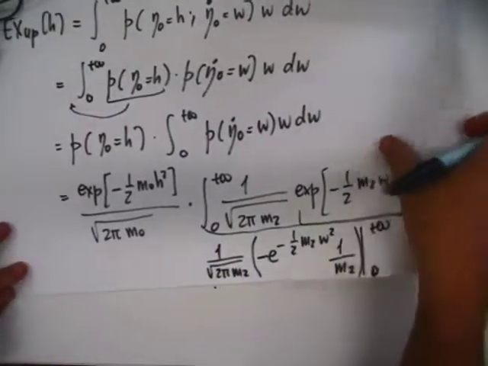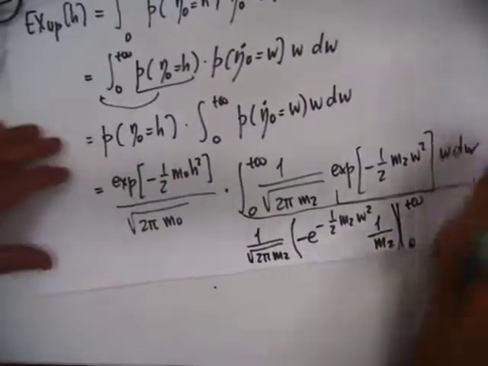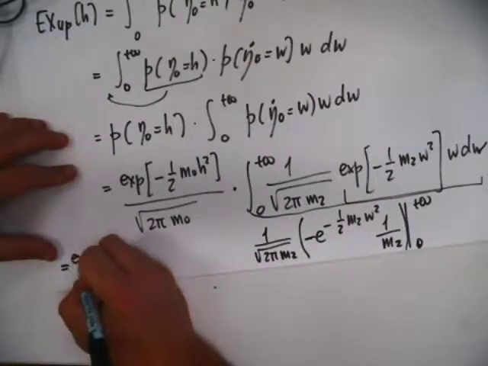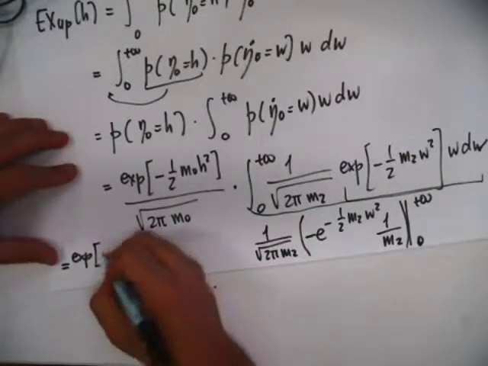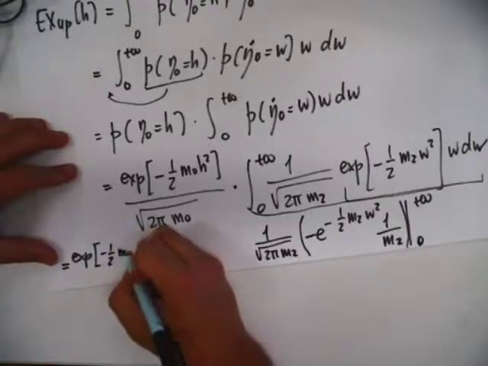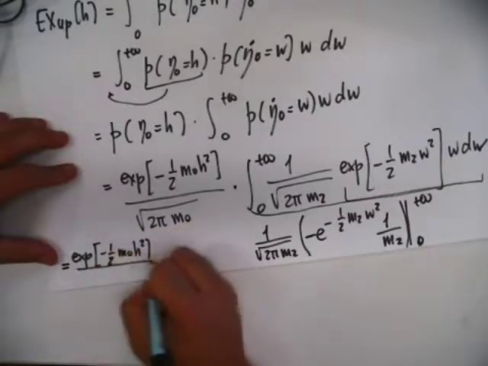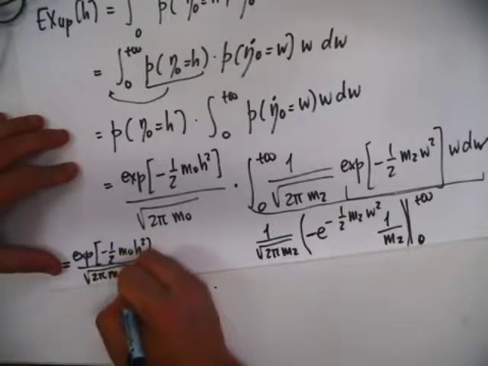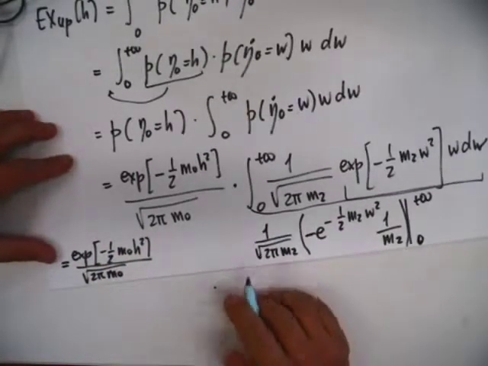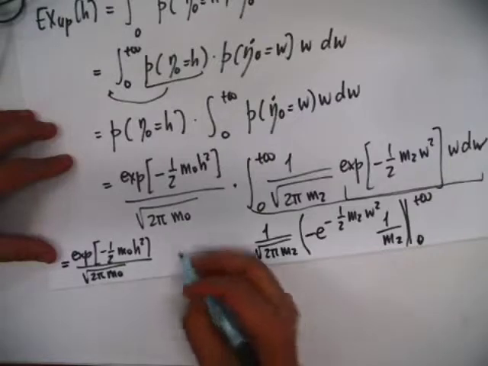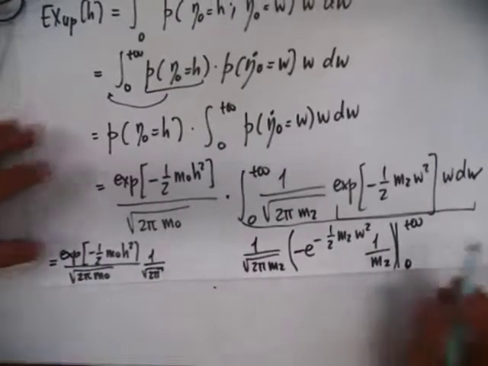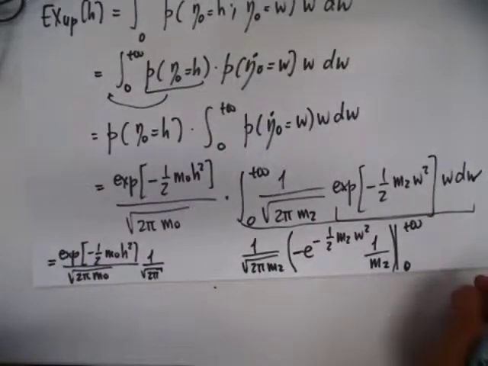So the final result is going to be exponential of minus 1/2 m0 h squared divided by square root of 2 pi m0, and then these results are telling me that I have 1 over square root of 2 pi, and then here I think